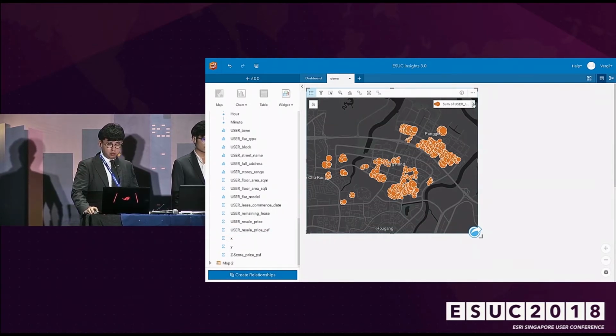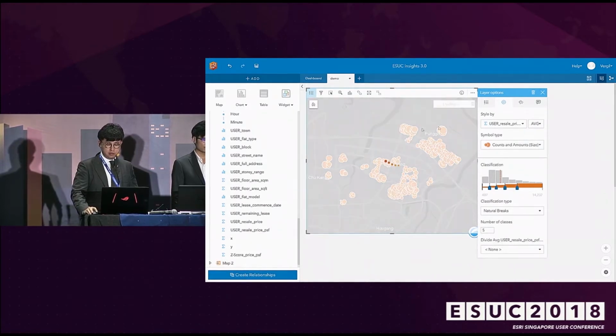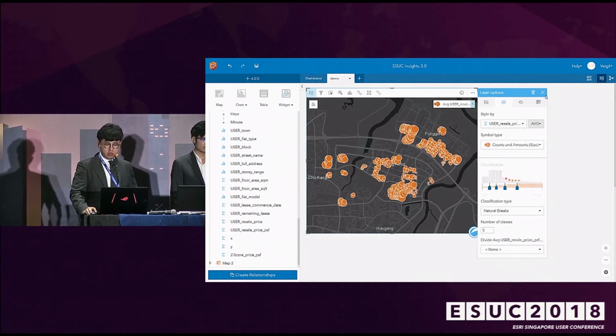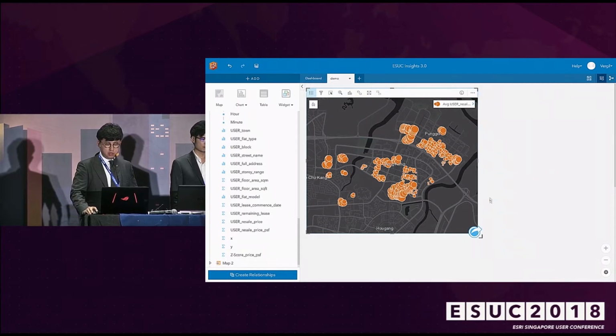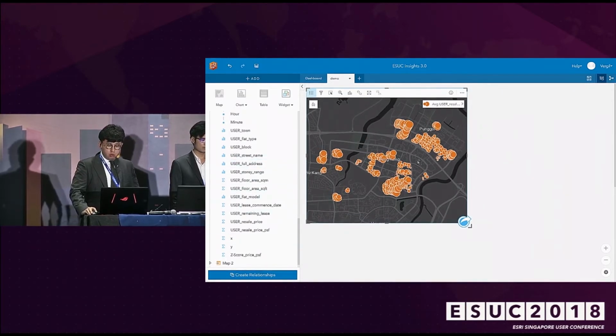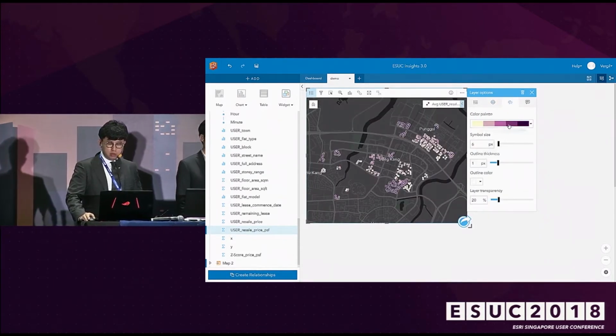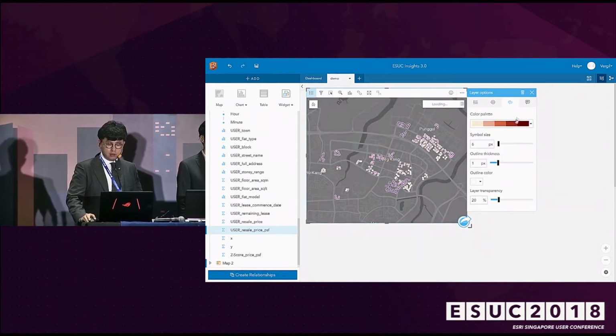So by default, the size will be an indication of how pricey your per square feet unit is. So I'll just quickly change it to the average. This way it gives you a really consistent, standardized measurement. So this already gives you a quite generic look at how the pricing intensity changes with location context.